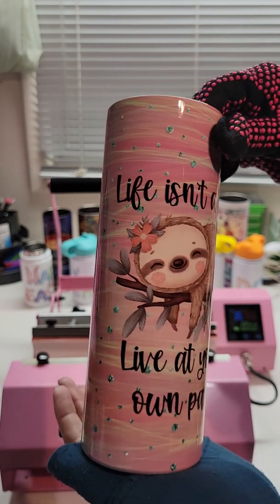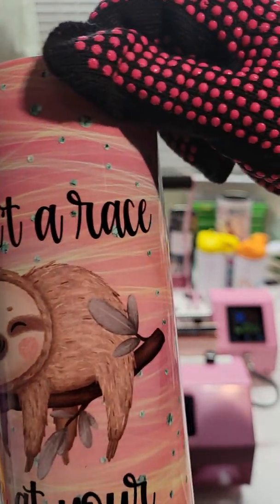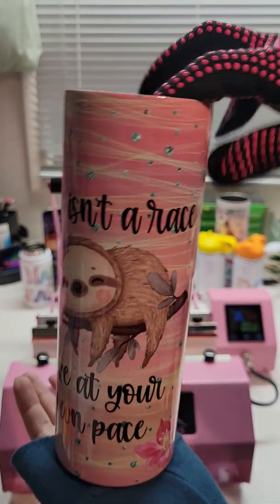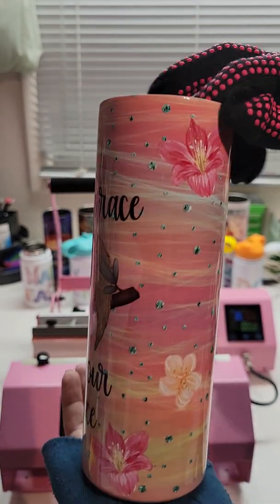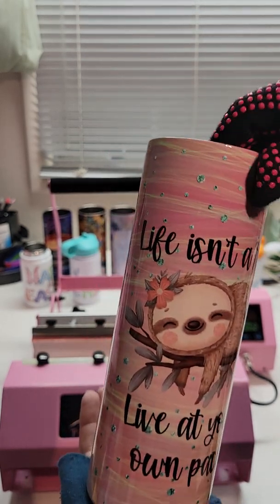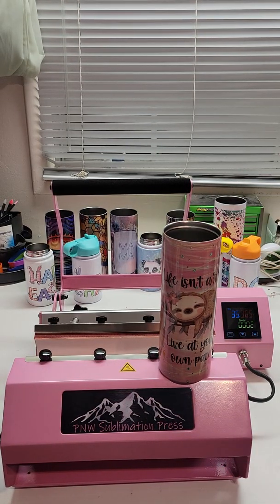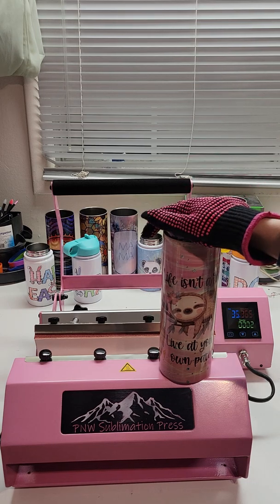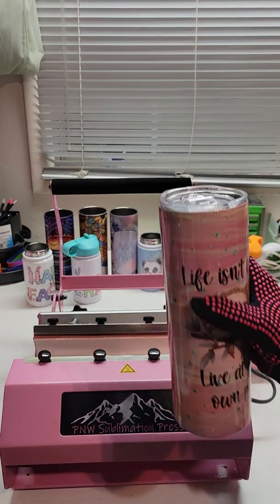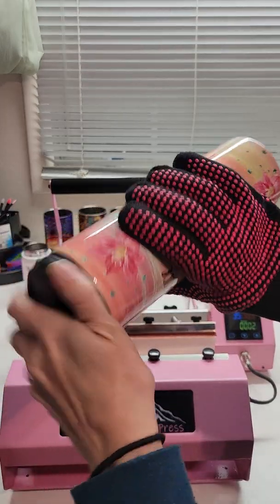Gorgeous, vibrant. The black looks amazing, not burnt or anything like that at all. Looks fantastic. So pretty. Really cute. Now, you have basically the Trifecta Tumbler. So, like I said, you can do the sliding lid on there. And then you also have the other lid